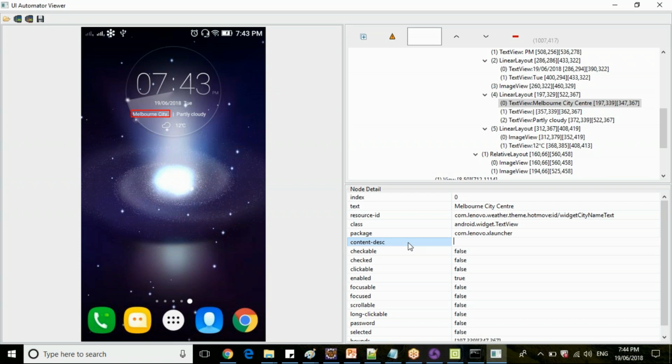Now this is the screen element. Let's say if you want to click on contact manager, you can see the contact manager. What is the text? Then you can